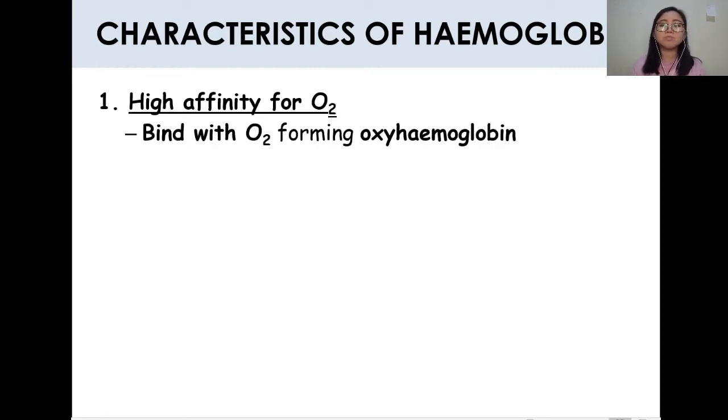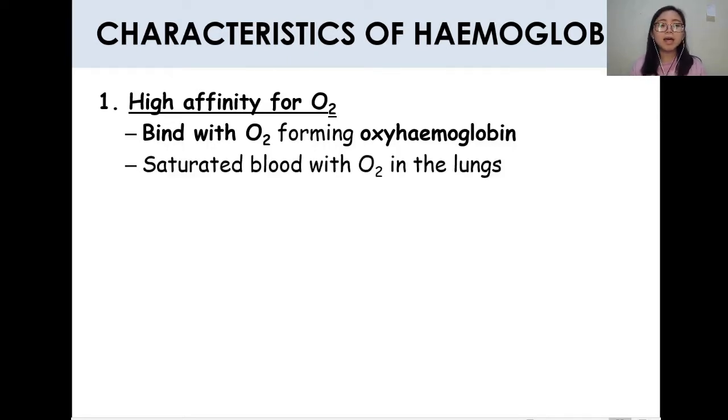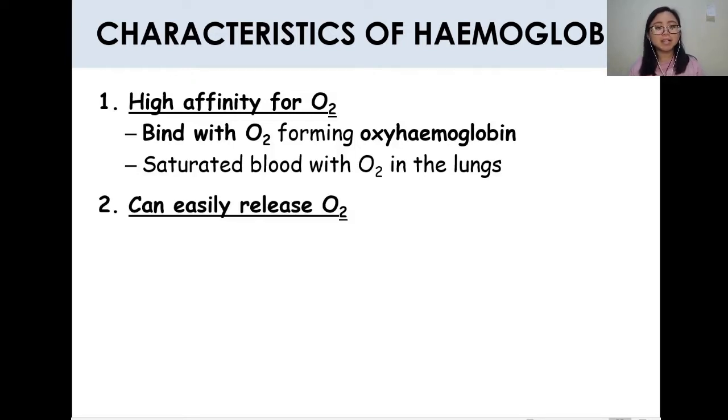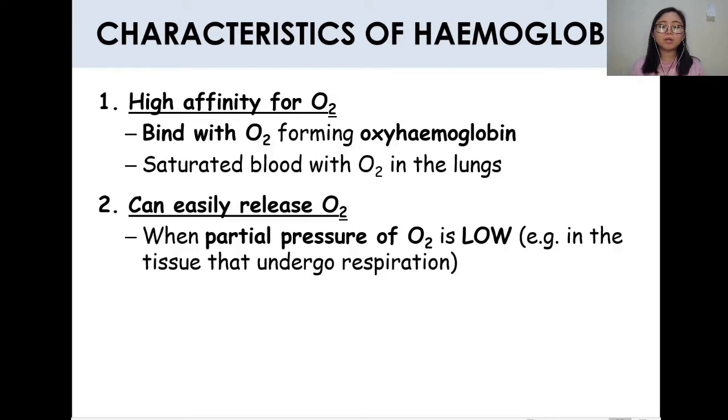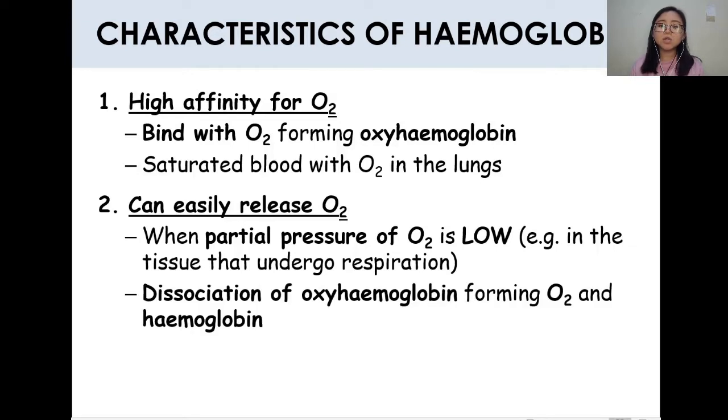So it is able to bind with oxygen, forming oxyhemoglobin. You will have saturated blood with oxygen in the lungs because it has high affinity for oxygen. They can also easily release oxygen. When the partial pressure of oxygen is low, such as in the tissue that undergo respiration, dissociation of oxyhemoglobin will